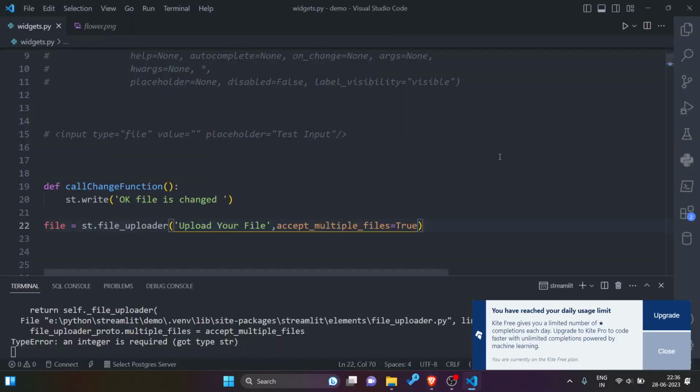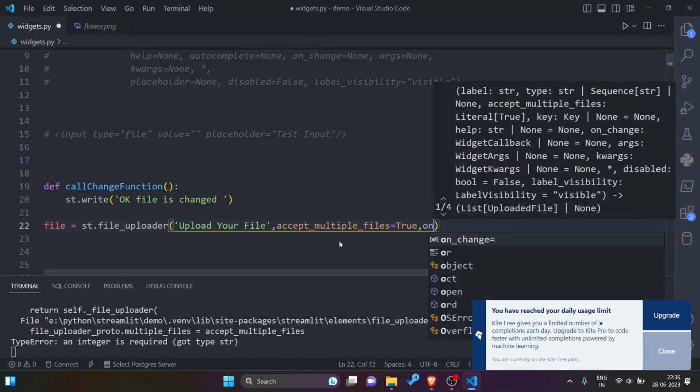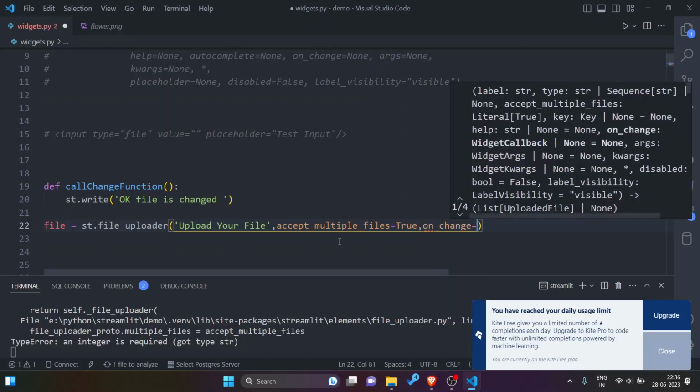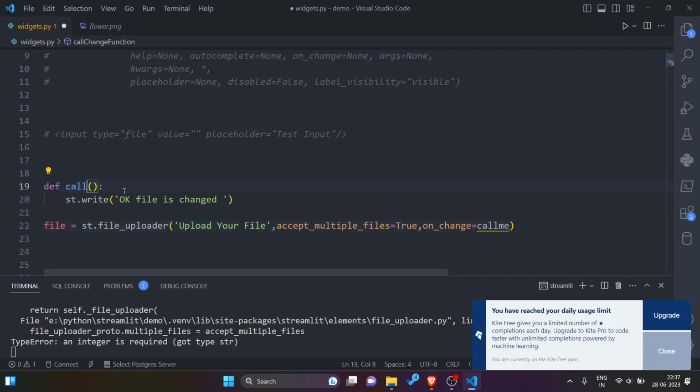Okay, similar to other widgets, I can pass a function. Let us say the function name is call me. So I have to define the call me function. So call me function is defined.